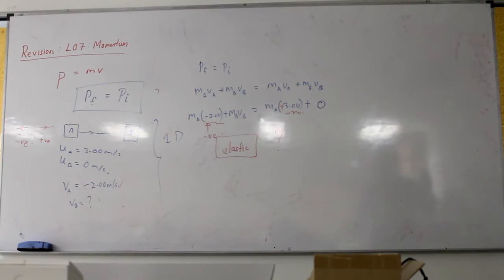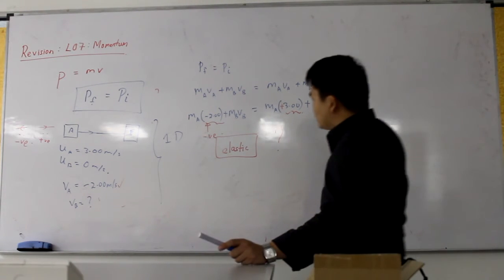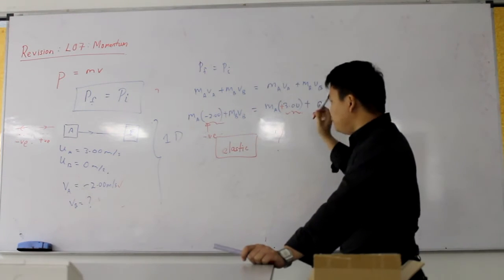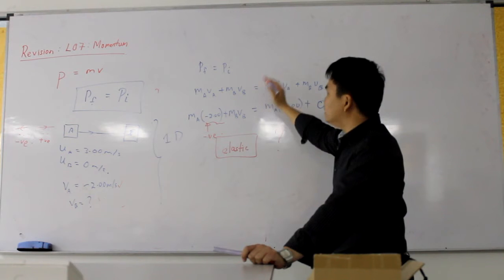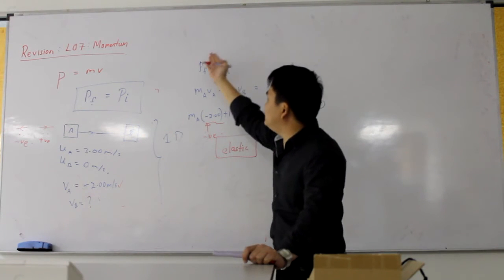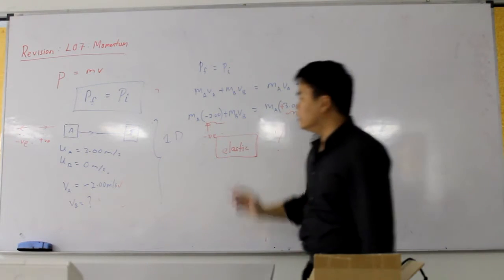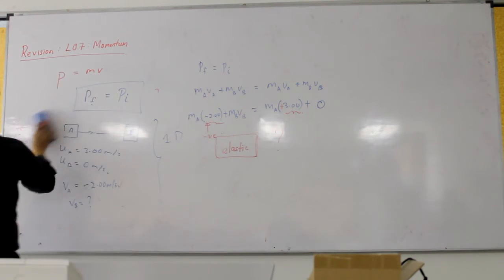But even though momentum is conserved, it doesn't mean that the KE is conserved also. If we find that the KE initial is equal to KE final, then we say that this collision is elastic. And the formula is